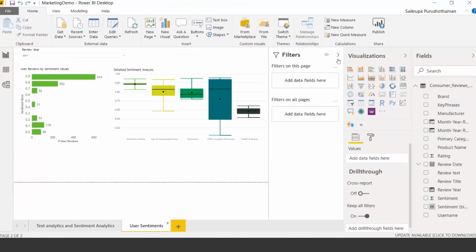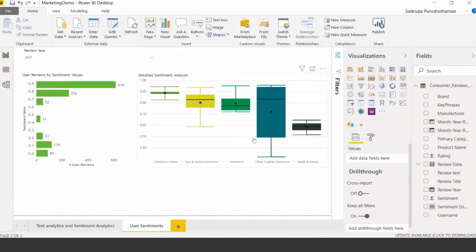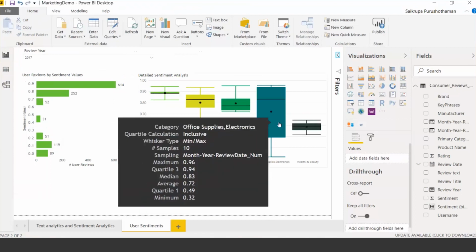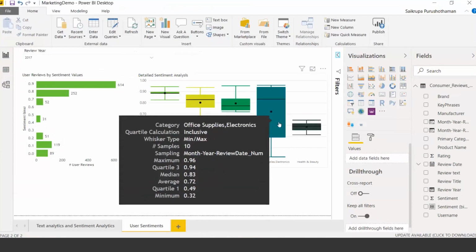The final one is a box and whiskers chart. It's a custom visual offered by Power BI, available in the Microsoft Power BI Marketplace, and it gives a really detailed insight into the sentiment score itself. If you look at this particular bigger box that is split by category, and this particular category is office supplies and electronics, the size of the box shows me the range of the sentiment scores.